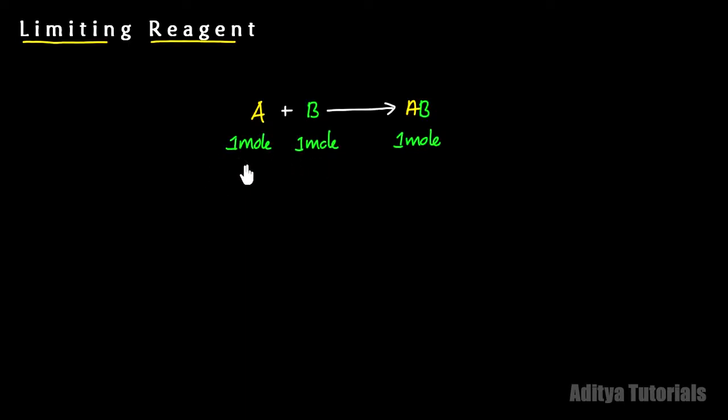Now we'll take this in numbers: the 1 atom, or you can say 1 mole, you can convert into 6.022 into 10 to the power of 23, or into grams or volumes. But let's see this same reaction at a higher level. Assume that I have 2 molecules of A, or 2 atoms of A, reacting with 1 molecule of B, and now it produces only 1 molecule of AB.